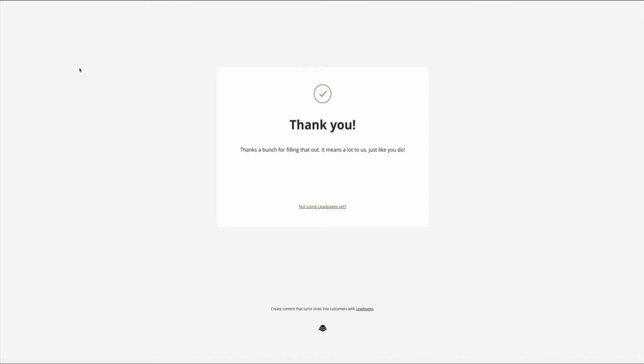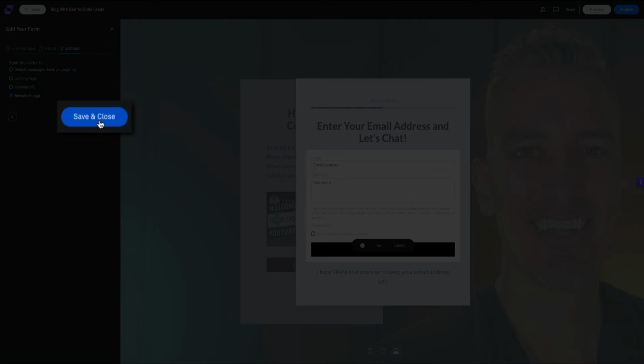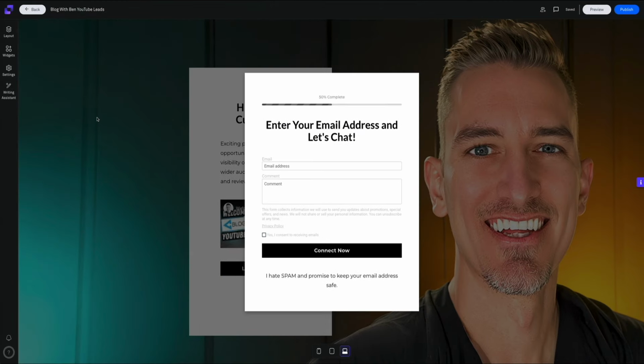Simple, yet effective. However, for the sake of time, I'm just going to leave the default setting to have the user remain on my landing page after they submit the form. But sending users to a thank you page after filling out an opt-in form is a best practice that offers several benefits, and I highly recommend doing it. Okay, then once you have selected what you're going to do here, click the Save and Close button, and this will save all the changes and finalize our pop-up. And it looks amazing. I now have a way for my leads to communicate with me and provide some more